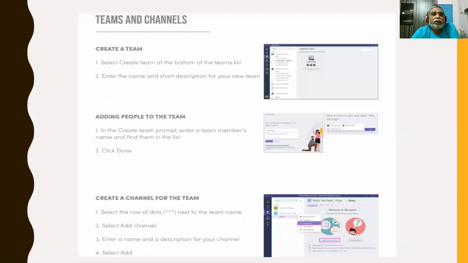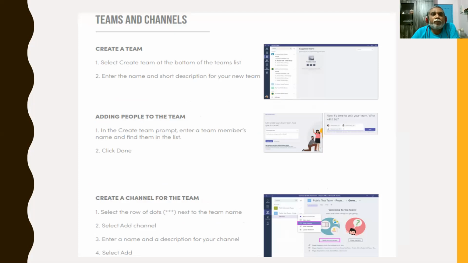After that, you can go to teams and channels. Select create team. You can create a team, and in the list of teams, you enter your short name, just like staff, FY class, SY class, TY class.